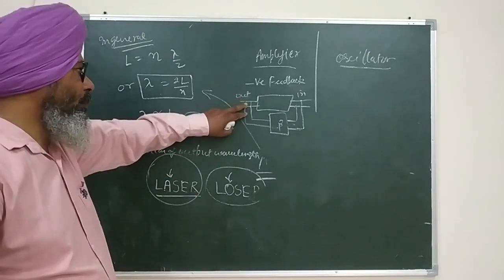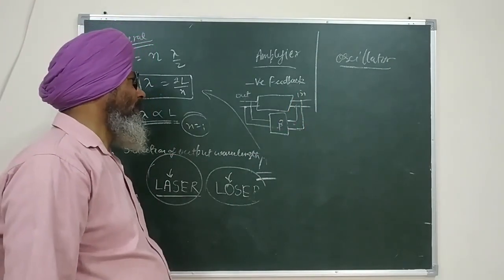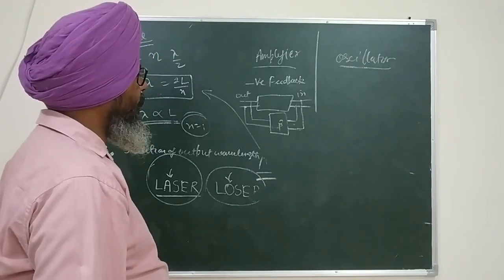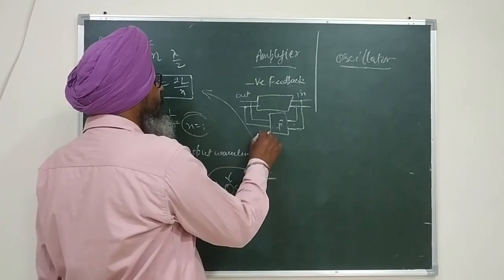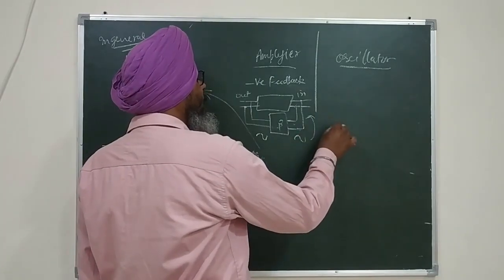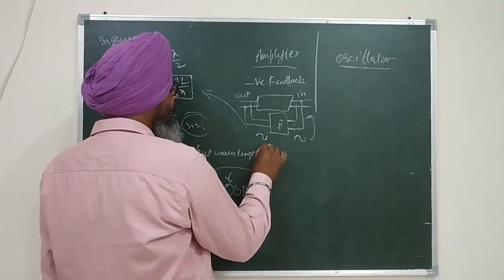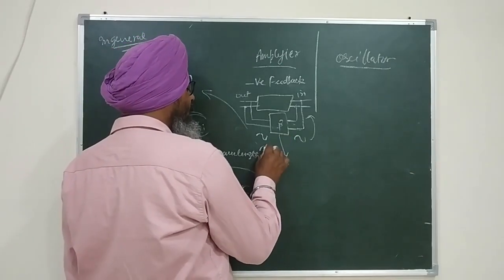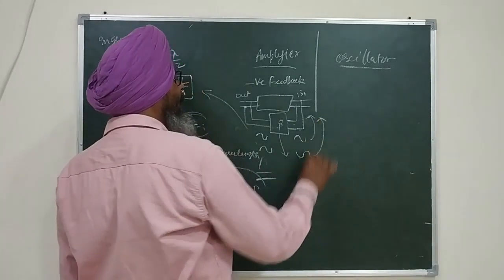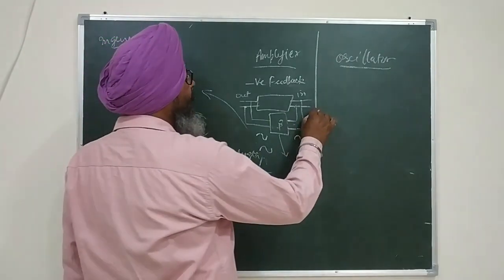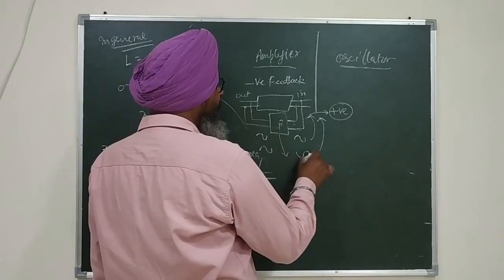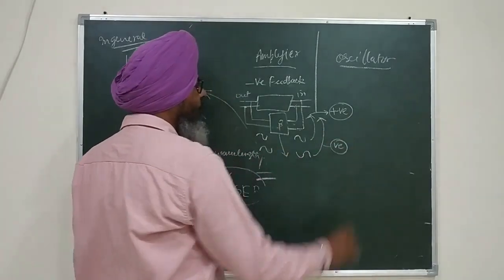If some part of the output is given to the input, then such a process is called feedback. And there are two ways of giving feedback from output to input. One is that you take the signal and deliver it as such to the input, and another is you take the output signal, you then reverse its phase, meaning crest becomes trough and trough becomes crest, and give it back. Now this kind of feedback, in which we do not reverse the phase, is called positive feedback, and this kind of feedback, in which we reverse the phase, is called negative feedback.